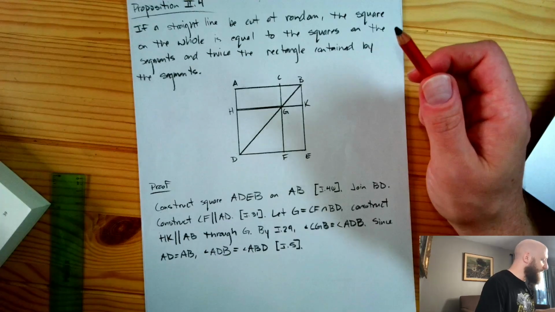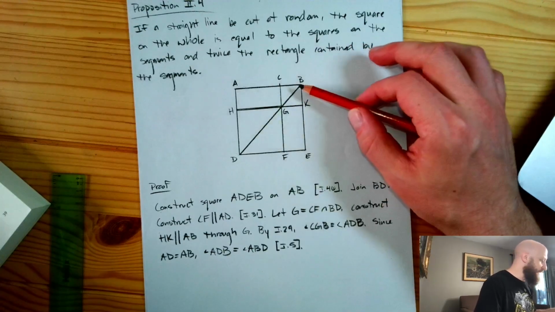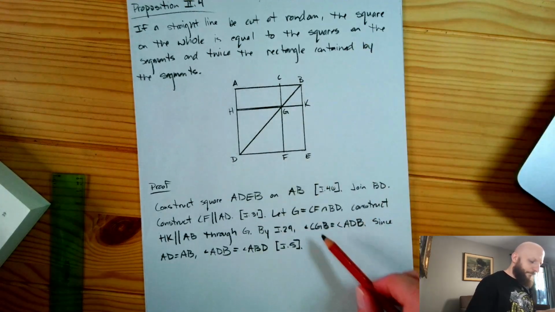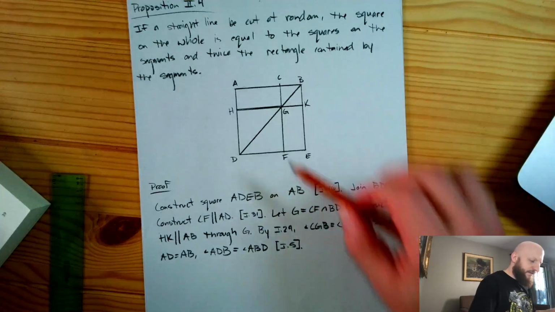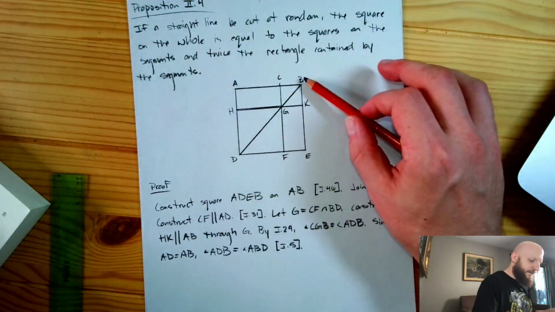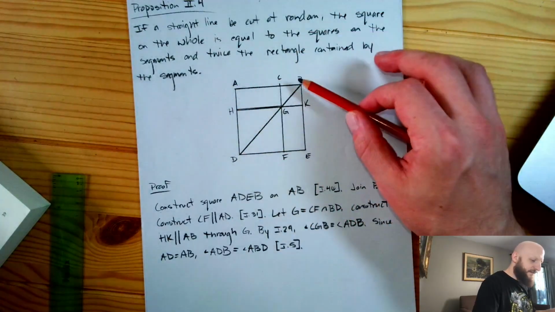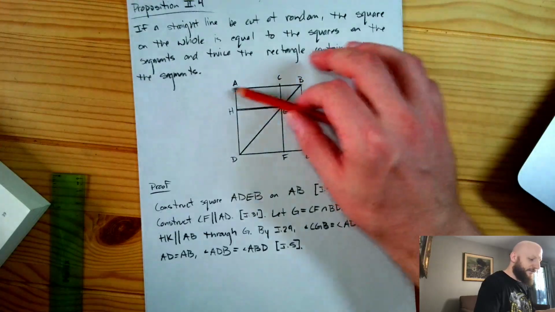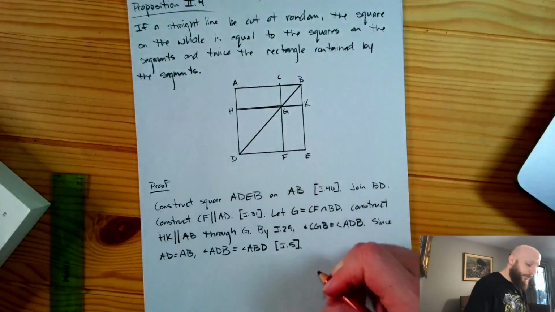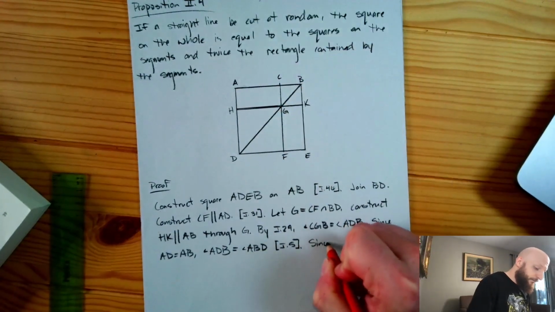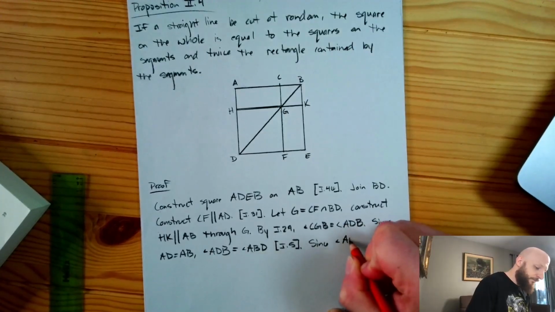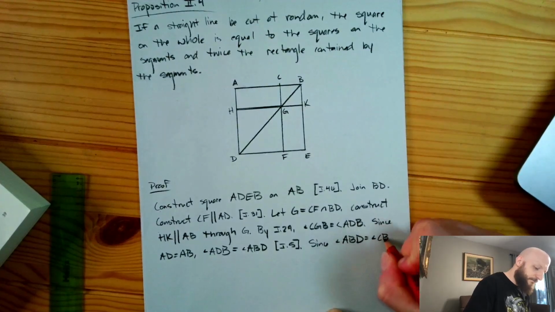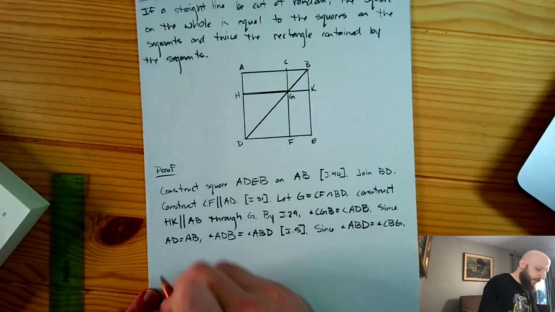So why is that the case? Why is CGB equal to GBC? Well, we had that CGB is equal to ADB. We have that ADB is equal to ABD, and CBG is the same as ABD. So since angle ABD is equal to angle CBG, it follows that